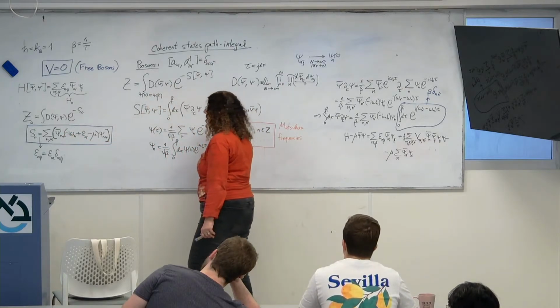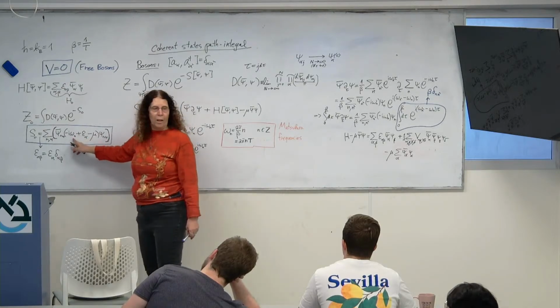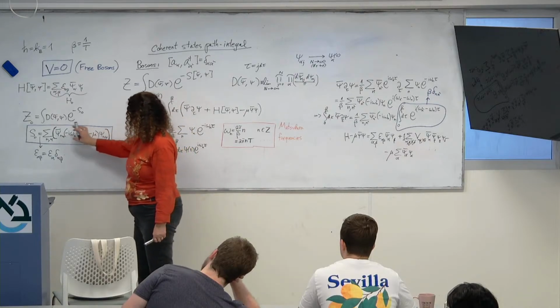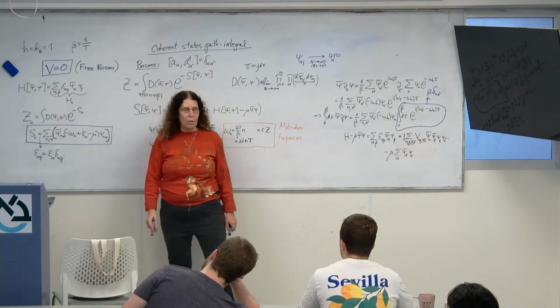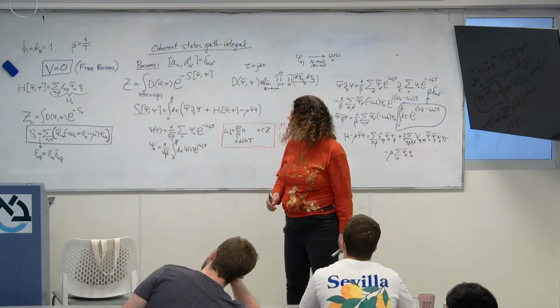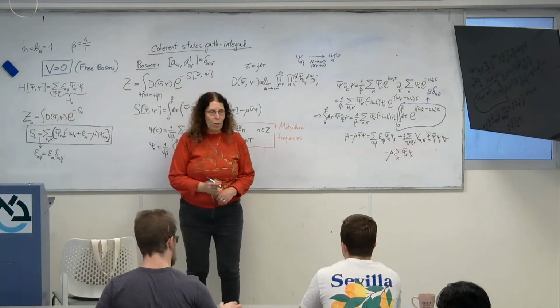It's a complex number that depends on two indices, n and alpha, and it's diagonal unit, okay? So it has the form of a scalar product with some number of front, and